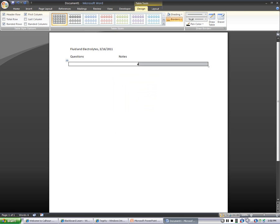And then I'm going to move this over like this. Now, if I wanted to carry these headers from page to page, I would